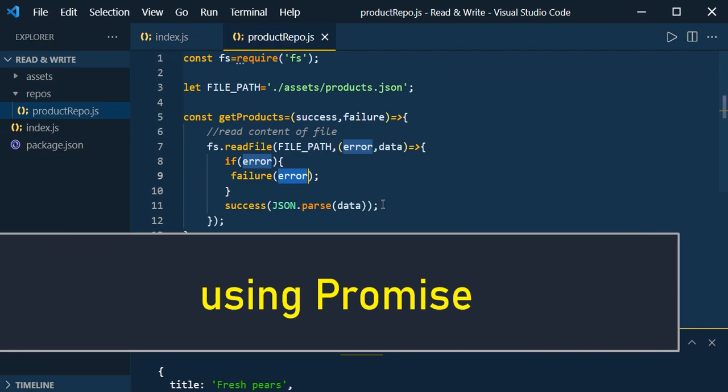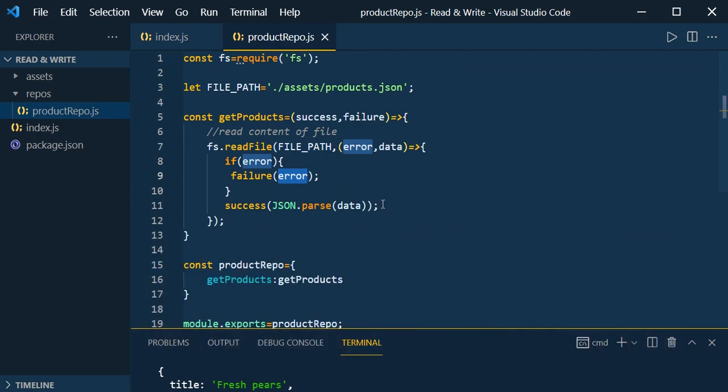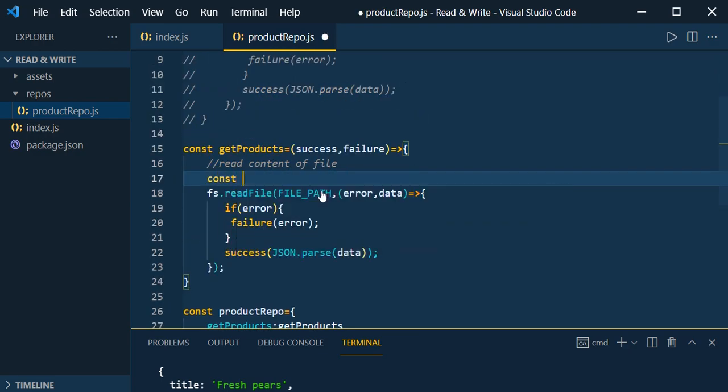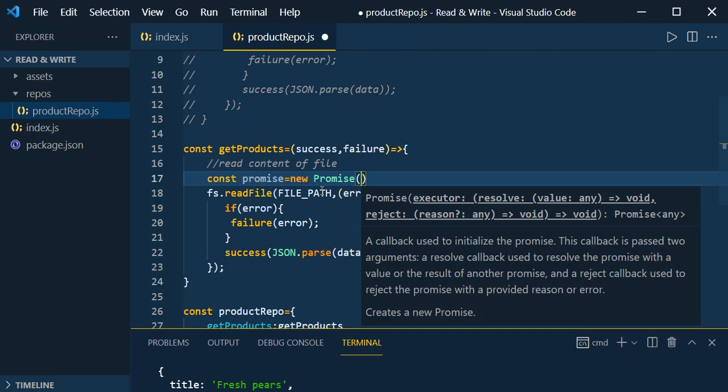And now let us use the promises to achieve the same result. Copy this and comment this code. So let us create a promise, const promise, new Promise. If you are new to promises, please watch my suggested video where I explain promises from the basics to advanced level.